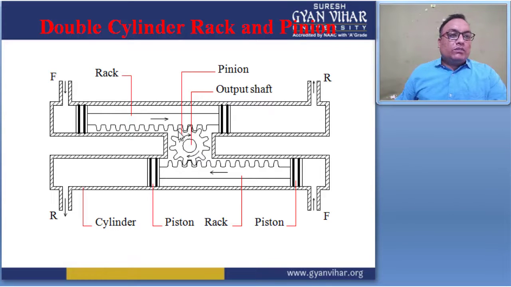So it is used to rotate different kinds of high pressure valves and other applications. Here, if the upper side rack is moved from left to right, then the downside rack is moved from right to left. So it creates a clockwise rotation at the